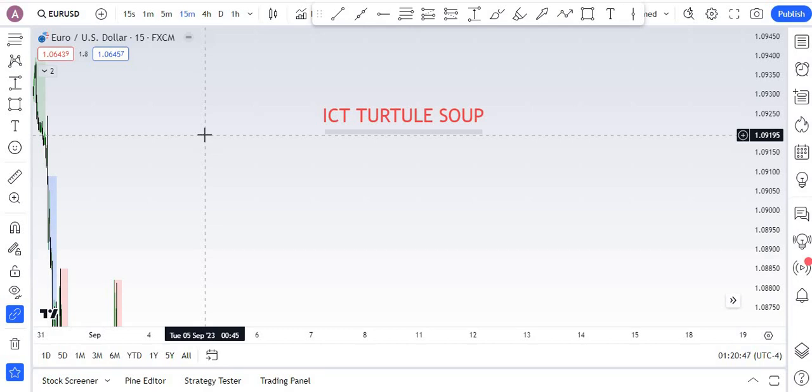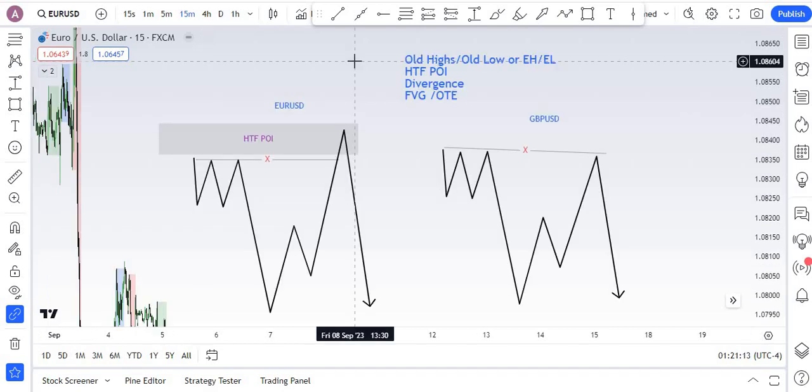In this video, we're going to learn about the ICT Total Soup. I will explain the narratives, the step-by-step process, how it works, and how to find it. Very easy, very simple. Just watch this video till the end. We have very simple rules. What we have to find